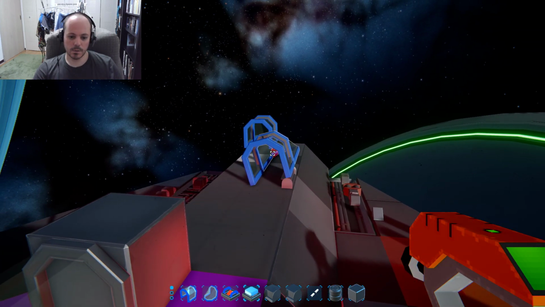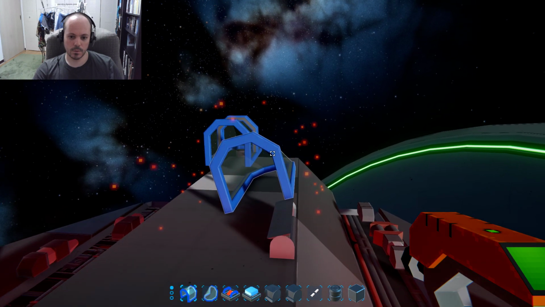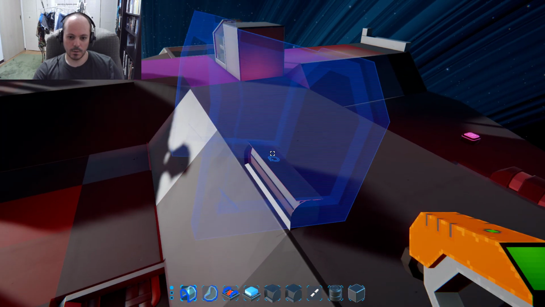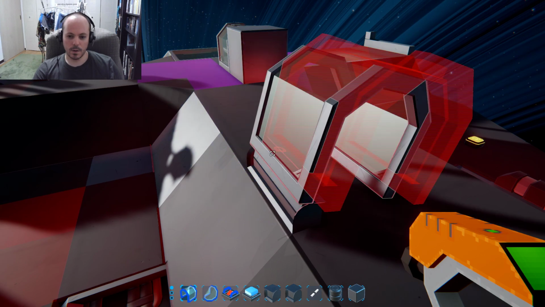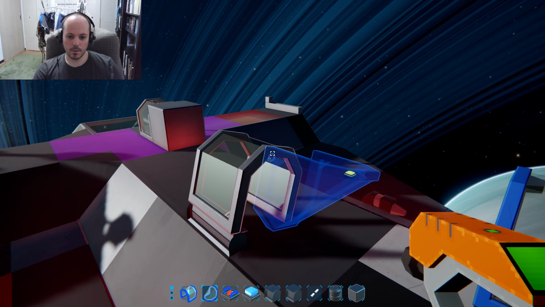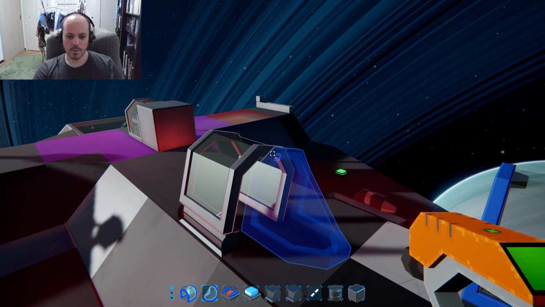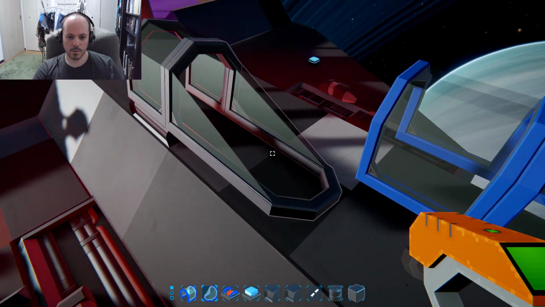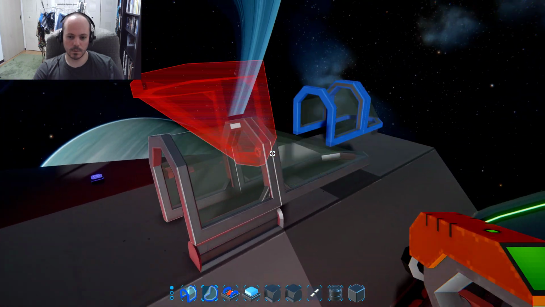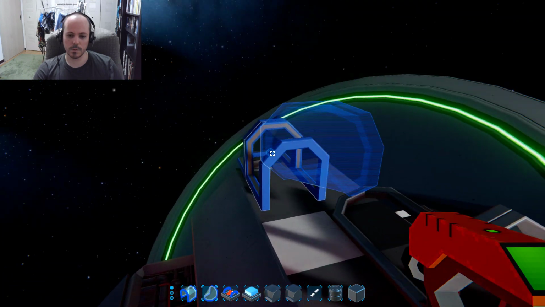So yeah, let me just show you that in action. This is the anchor point on the side like that, and then we can use the one like this. Okay, and we can scale it a bit. So this is the first way to build it, let's say.